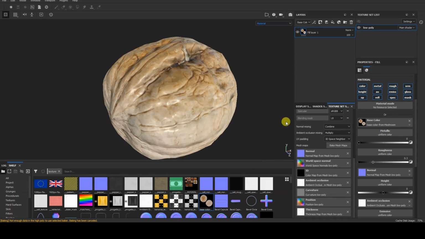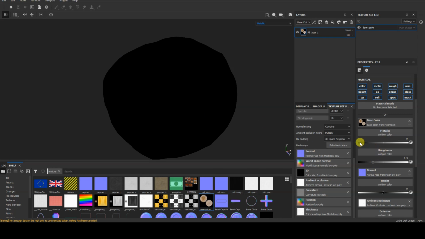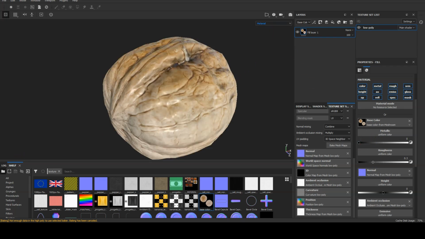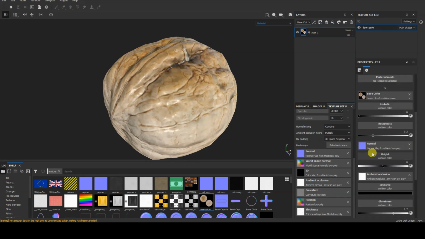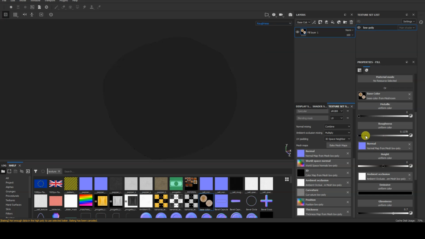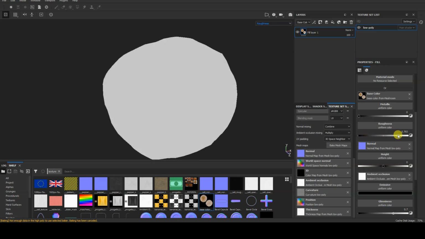Since the object is a walnut shell, there is no need to define materials or textures for the metallic channel of the material, which can simply be set to 0 as a uniform value for the entire object. Regarding the roughness channel, and consequently the glossiness channel, it is possible to set a uniform value that reflects the overall roughness of the object. However, I suggest experimenting with materials that have a bit of variability.